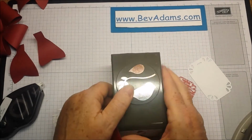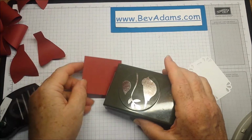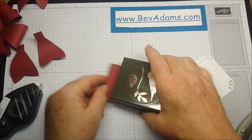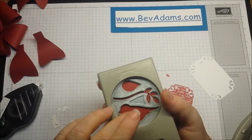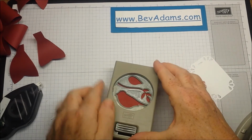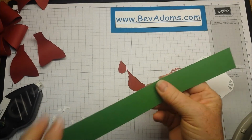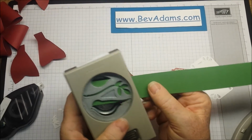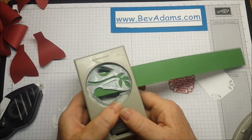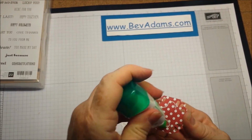While I'm punching, I'm going to get out my Bird Builder punch, and this is a 2.5 by 2.5 square, and I want to just make sure I get it all the way in and punch. And then I want a garden green, so this is 1 1/4 inch, and it's really just big enough to get that stem. Now I just need to assemble my tag, so I'm going to put adhesive on the back of the Designer Series paper piece,